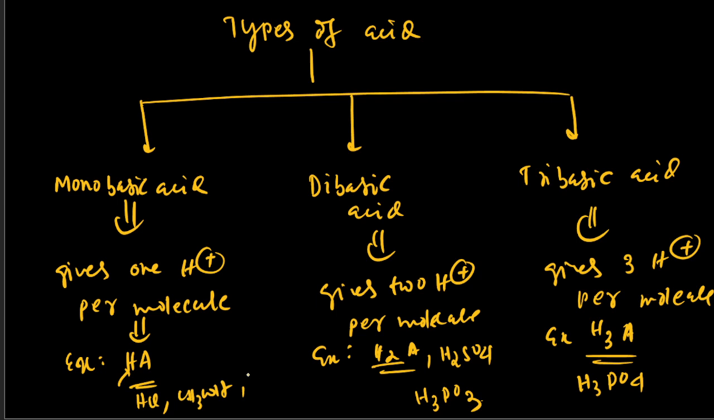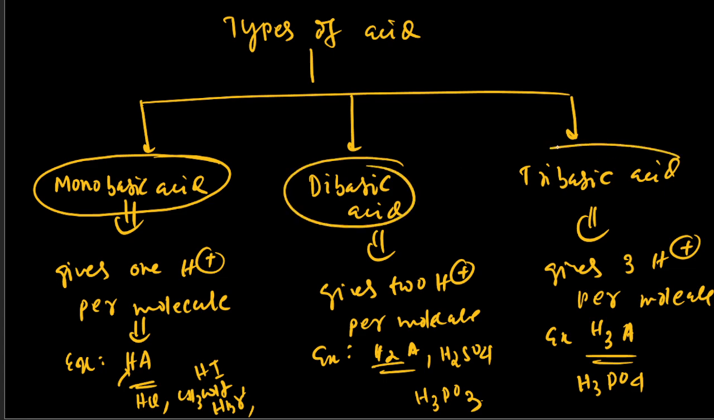So you can say HCl, CH3COOH, and also a lot of examples are there which give 1 H plus, like HBr, HI. So all these give 1 H plus. So why is this type of study important? To remember which is monobasic, which is dibasic, which is tribasic,